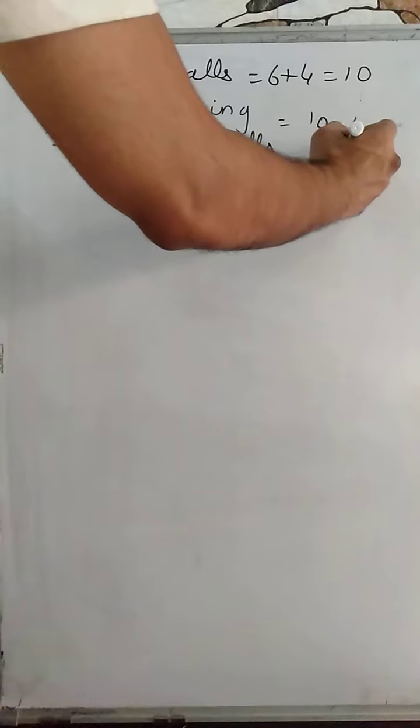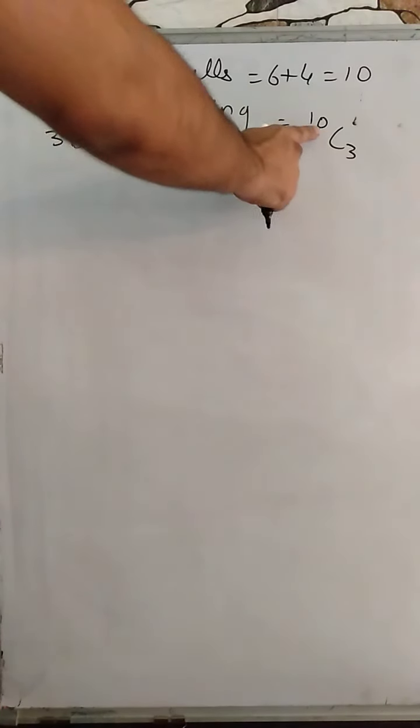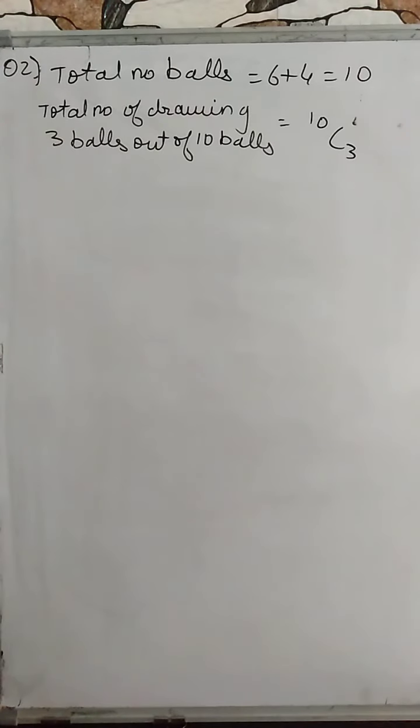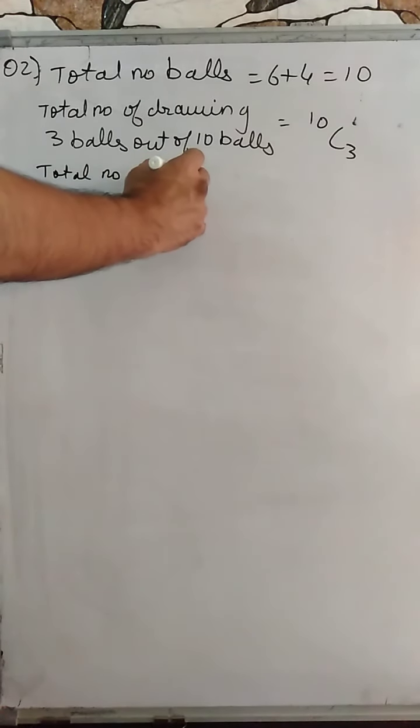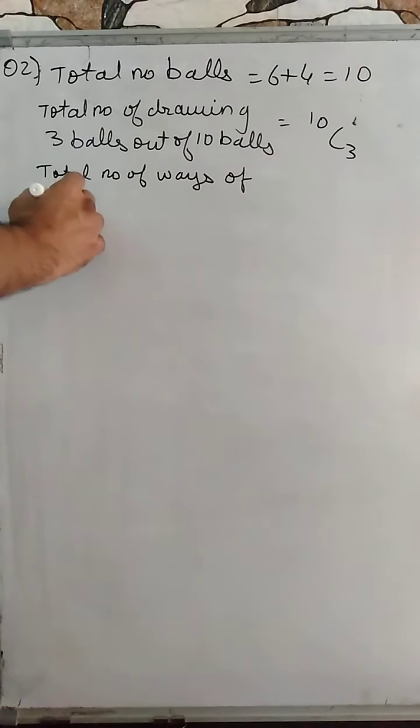in 10C3 ways. How combination and permutation work, we have already seen in the chapter Permutation and Combination, right? So these are the 3 balls that need to be taken out from 10 balls, and that can be done in 10C3 ways. Okay, next is the total number of ways of drawing